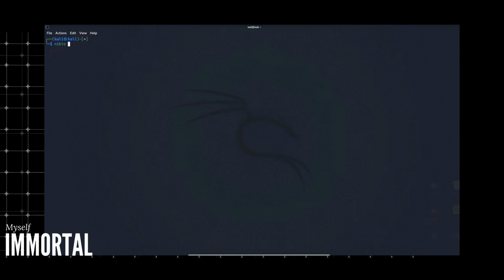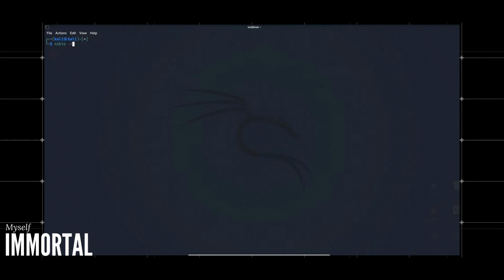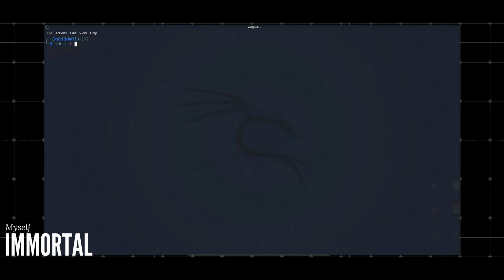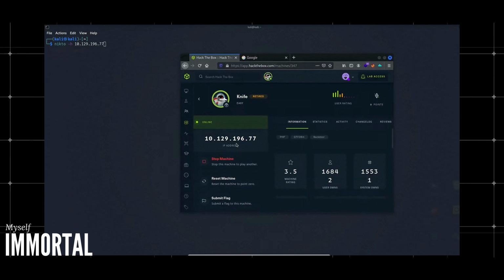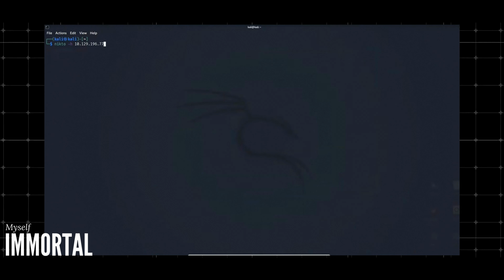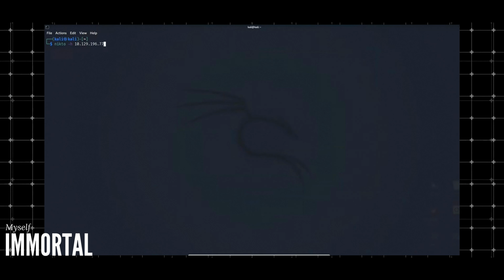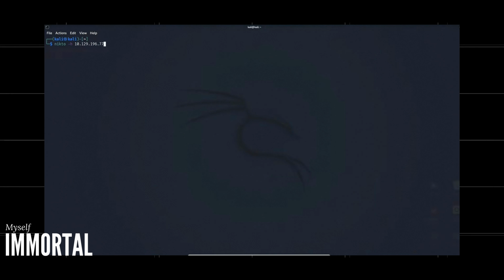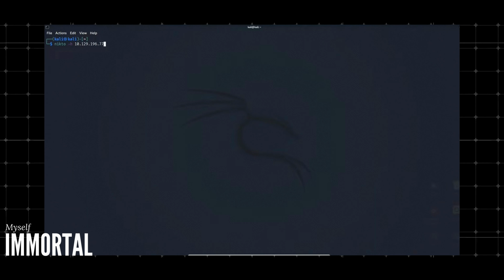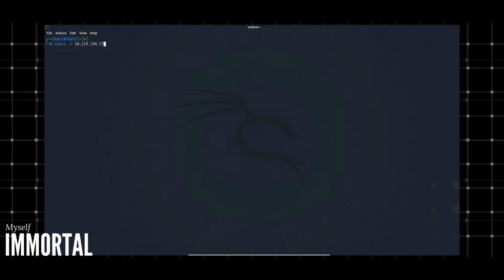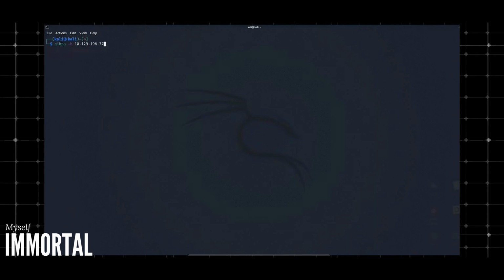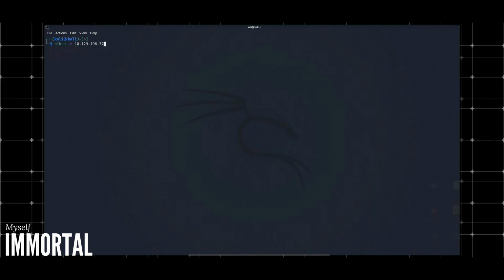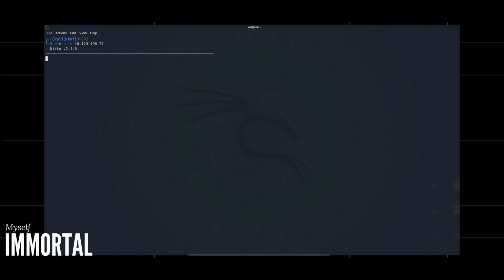Let's get started. If you're using Kali Linux, Nikto should already be pre-installed. Simply type nikto in the terminal. If you're on a different operating system, I'll provide instructions for installation shortly. To initiate a scan, you can use the command nikto -h, where the -h flag denotes the host or website you want to scan. For this demonstration, I will use the IP address of a machine on Hack The Box, but you can also scan a website, such as